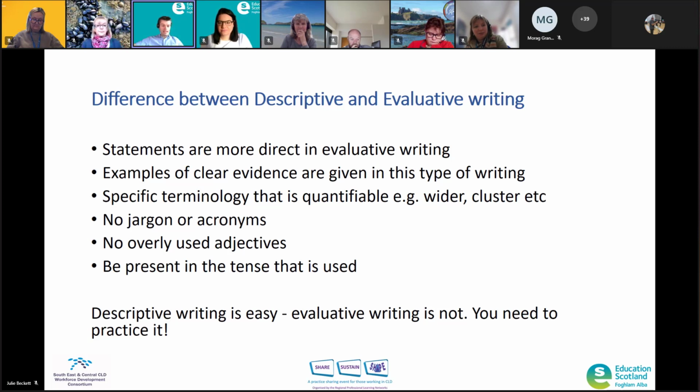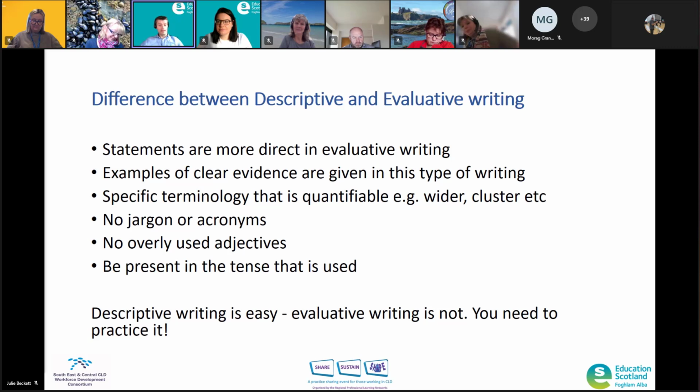And also being present in the tense that's used. Using past tense often leans into description, like who and what and where, whereas using a present tense, you're saying what impact it's having and how it's doing that. For example, my cup of tea was very enjoyable and lovely and warm, versus the tea made a valuable contribution to my well-being. You can see there's a bit of a stretch there, I suppose, saying that tea helps with my well-being, but you can see the point there of leaning into the present tense more than the past.